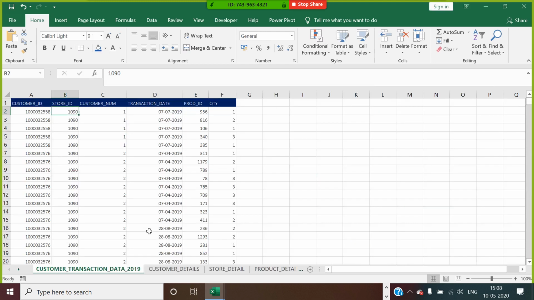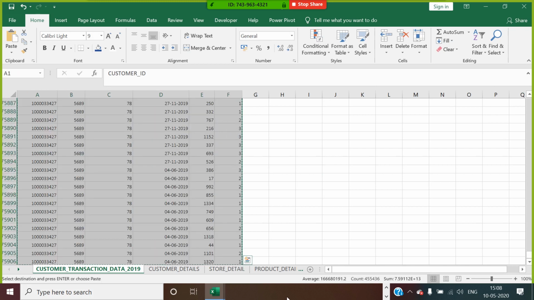So what we can do, let me take my customer transaction details information which I copied and pasted over here.